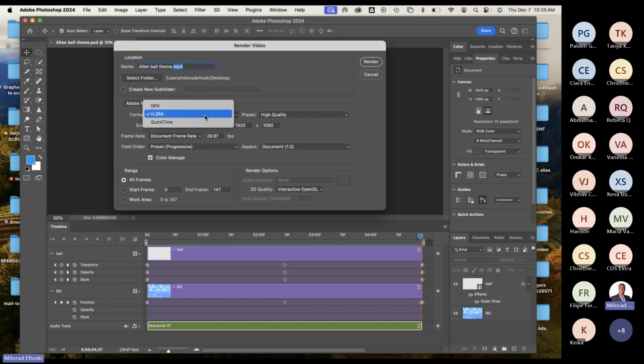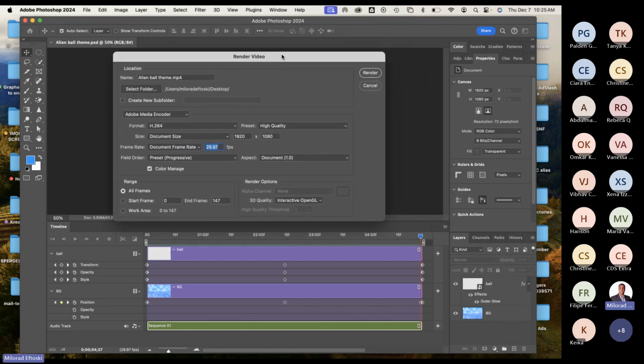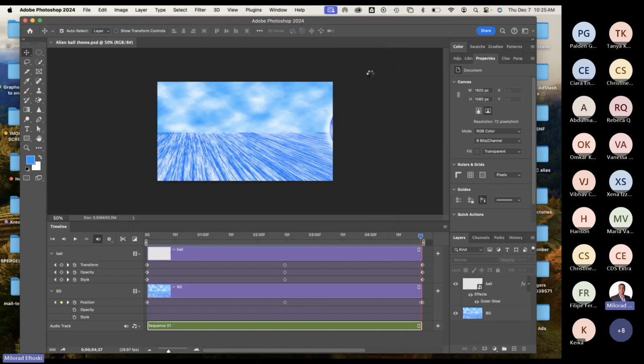You can have the format, which is this one. You can do QuickTime or DPX. I stick with the default here. The document size you can change if it's too big. The frame rate is usually 29.97, which is equivalent to 30 frames a second. And everything else pretty much stays the same. You don't have to do much here. Just maybe the destination where the video is going to be saved, or make a subfolder if you wish. So once you hit the render button,